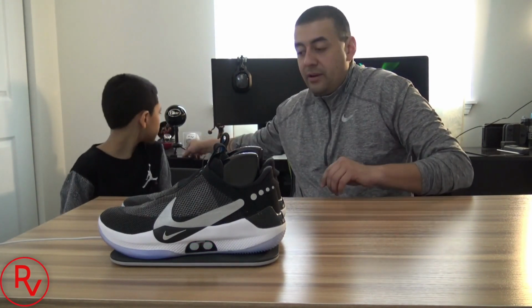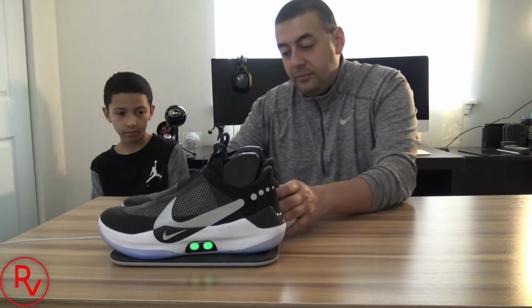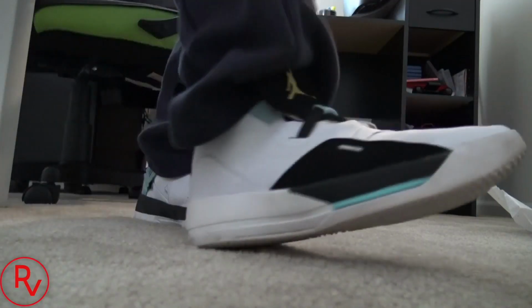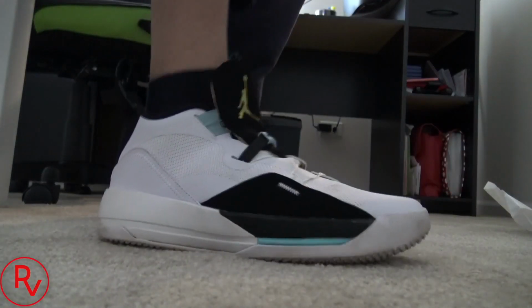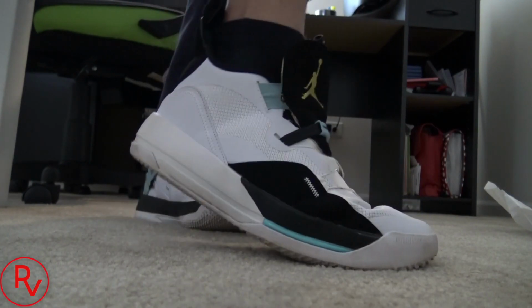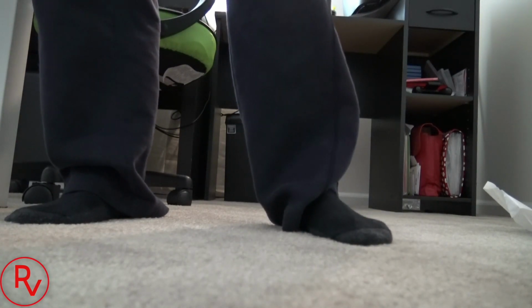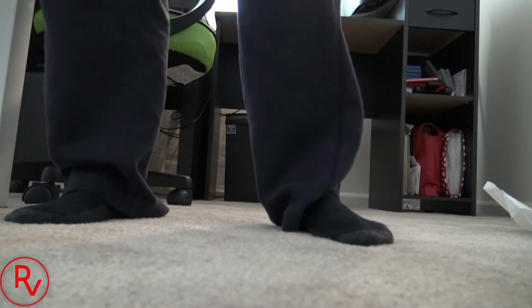So, got my phone over here. So let's see here. Let me try these on. How about that? Alright, so I'm gonna try the shoes on. If you guys do notice, I'm wearing the DH Gate Jordan 33s. The fake ones, yes. I do wear them around the house. I do wear them to go out. Again, I don't take care of them as much as I do my real Jordan 33s that I don't hardly wear. I think I've worn them 3 times, but...